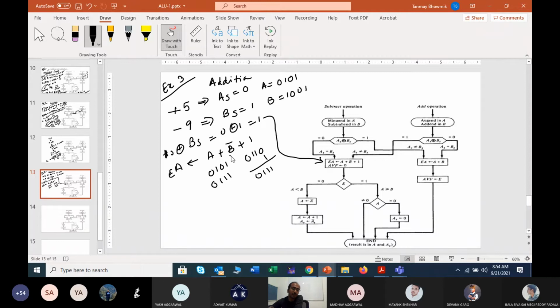We are performing this B complement plus 1 simply, right? So what should be the result? It is 7, it is 5. So it should be 8 plus 4, I think. 1 1 0 0, right? It is 8 plus 4, it is 12. So right now our result is 1 1 0 0, and your E is 0. So that means you are getting your E as 0 and your A as 1 1 0 0.